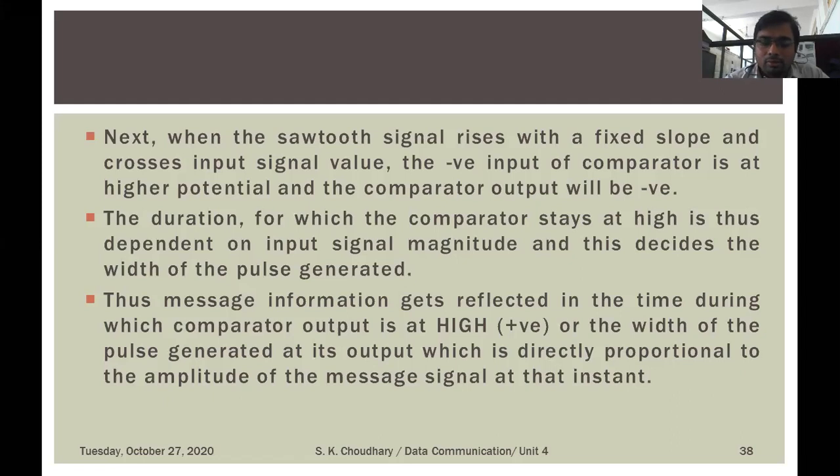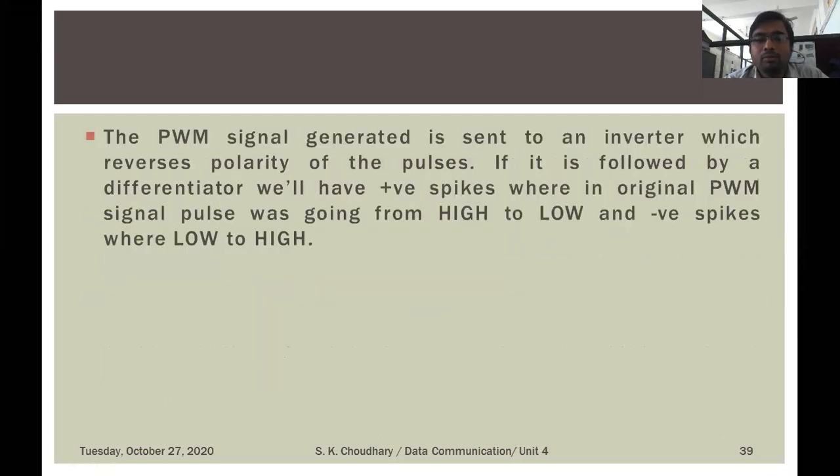So this is the basic concept of modulation. Always the carrier signal is modified according to the incoming message signal or modulating signal. The same principle is used here. So here the sawtooth signal is acting as a carrier, and the message signal is acting as a modulating signal, and finally the modulated output is a pulse width modulated signal. Here we are talking about the duration, the width of the pulse, and it depends upon the amplitude of the input message signal.